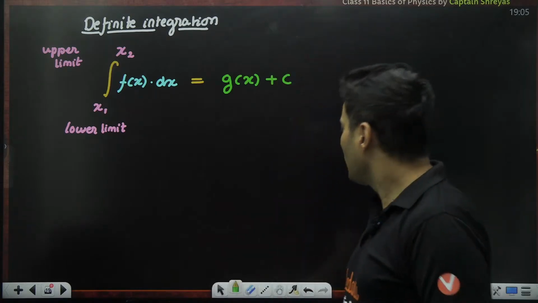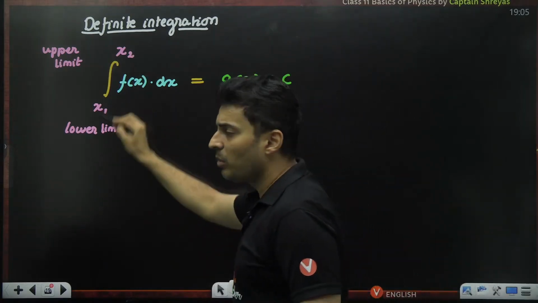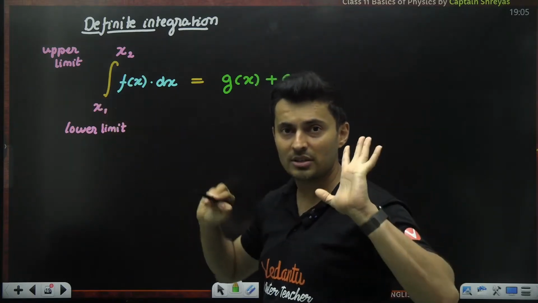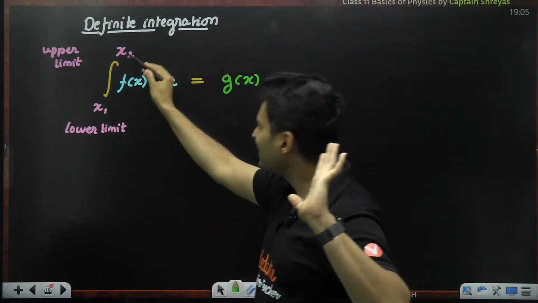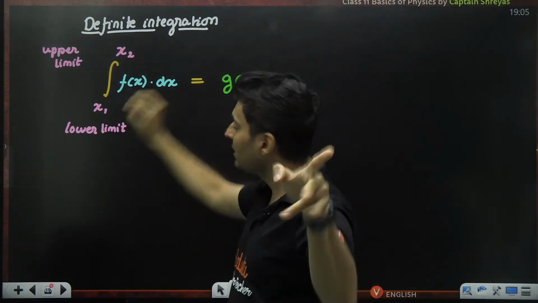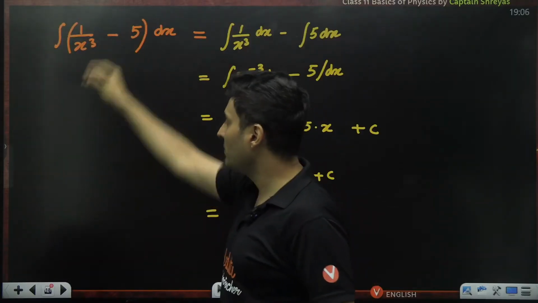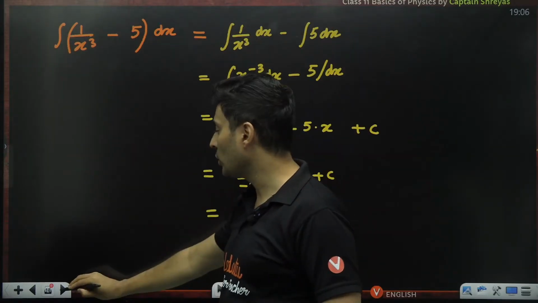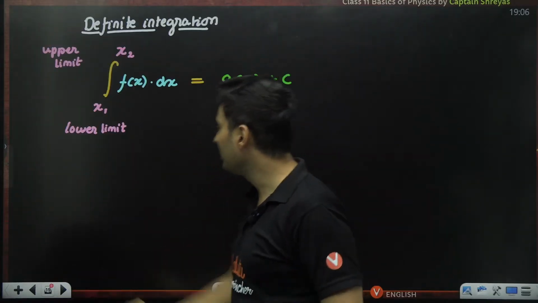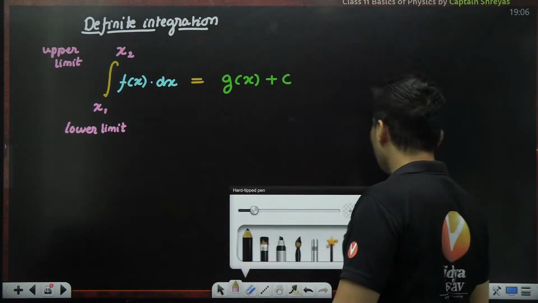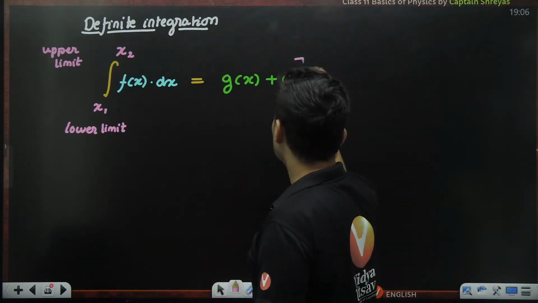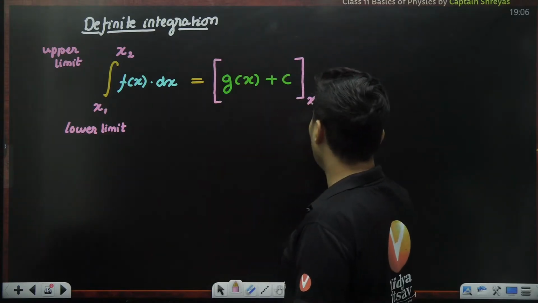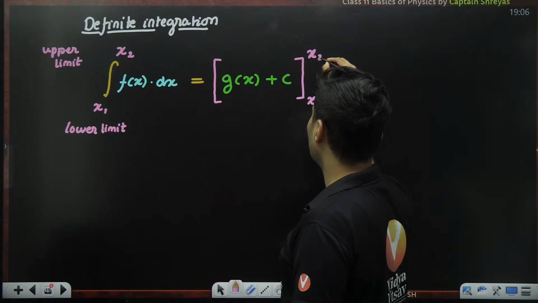Yes, correct. Remember, we did not worry about x1 and x2. We have just kept it at the back of our mind subconsciously. It's still there because there is something different in this integration. Till now, we never had lower limit, upper limit. That integration symbol was plain, blank, nothing on the top or at the bottom. The moment it comes, my dear students, we need to count that as well. So I'll put square brackets and I will put lower limit and upper limit.